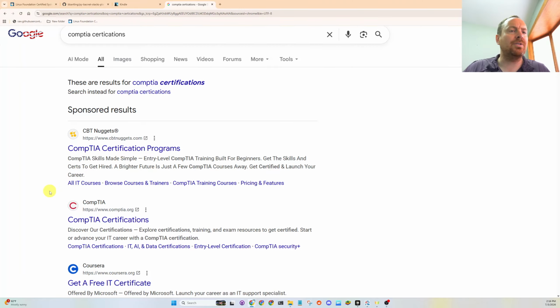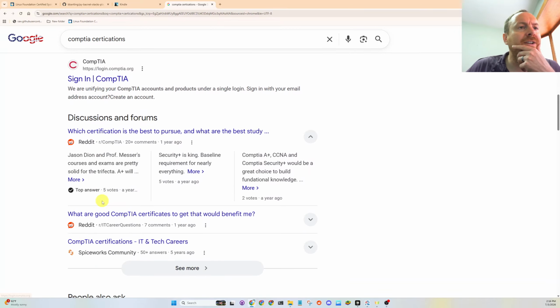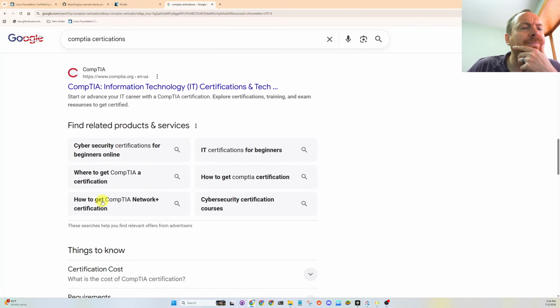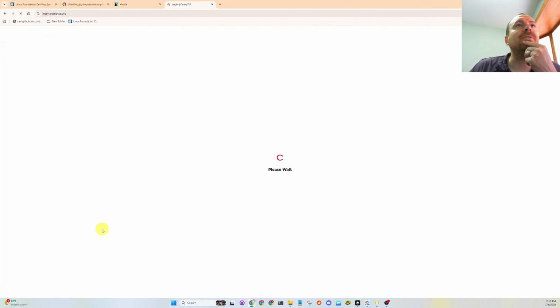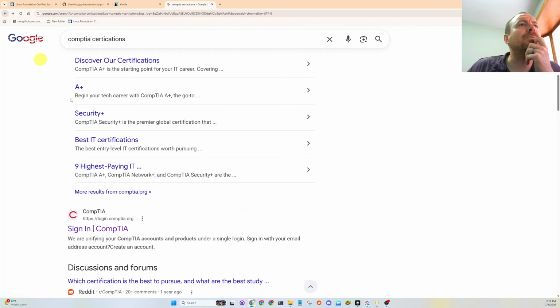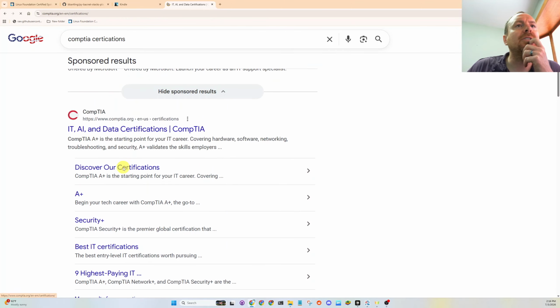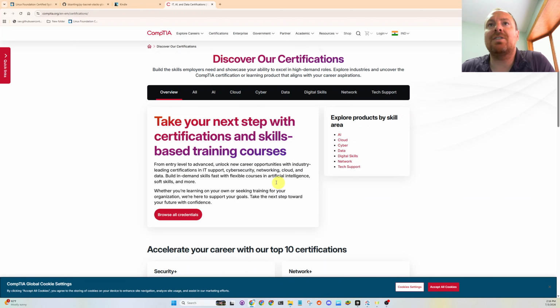This is also another good one. CompTIA used to have their own. Let's just look at CompTIA. These are also really good ones too. That must be the wrong one. Discover your certifications. If you're someone else that's really interested in this stuff,